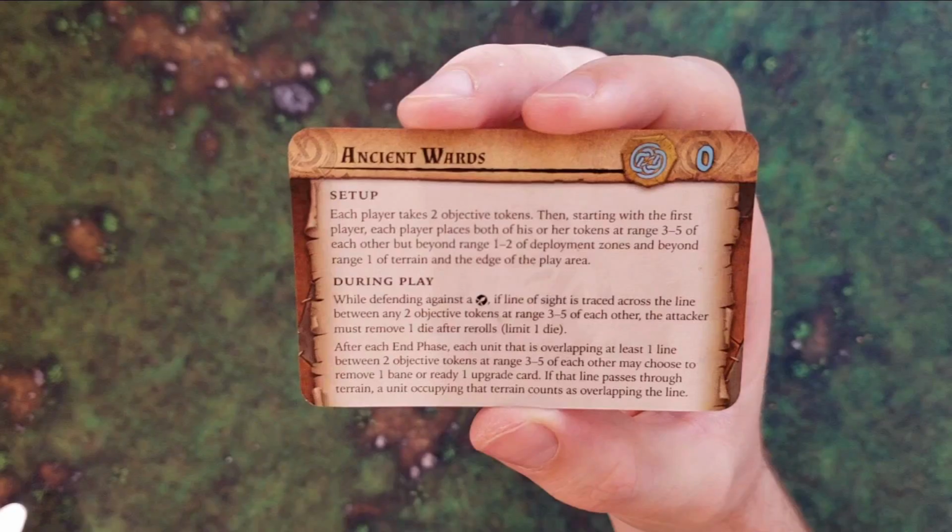So next I'm going to talk about the objective card, and bear with me as these are always a bit of a mouthful. But to paraphrase, basically each person has 2 objective tokens, and the tokens have to be placed beyond range 1 to 2 of deployment and beyond range 1 of terrain. That's pretty standard. But the tokens themselves have to be 3 to 5 range apart from each other. And then essentially they're acting as a bit of a force field. So if anyone shoots you through those tokens, if line of sight is drawn through the force field, if you will,